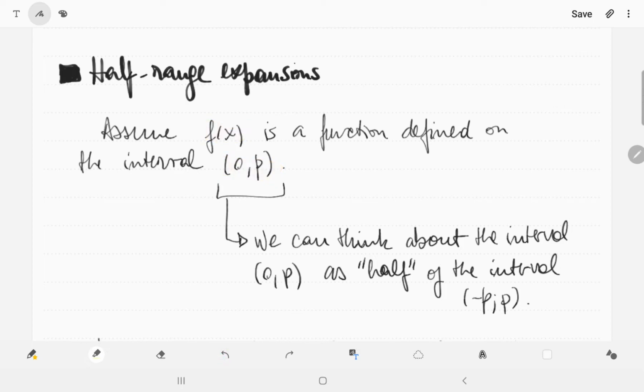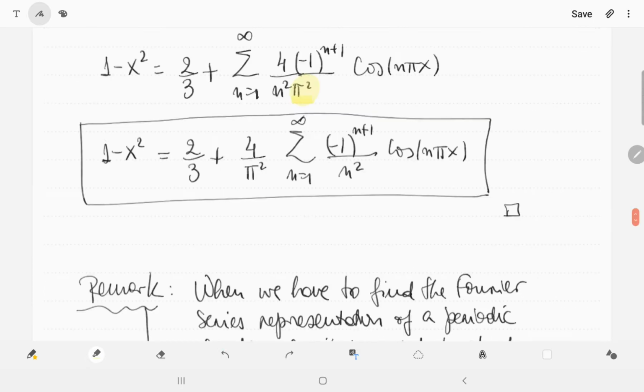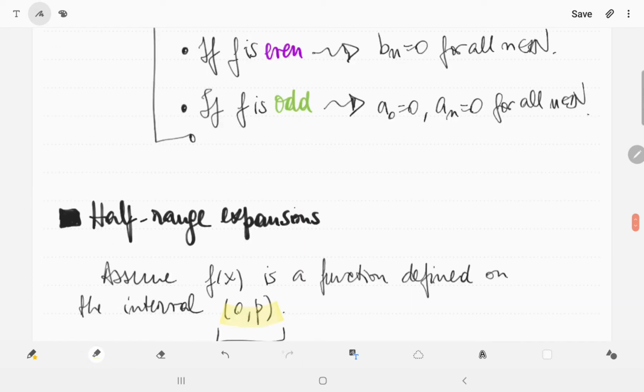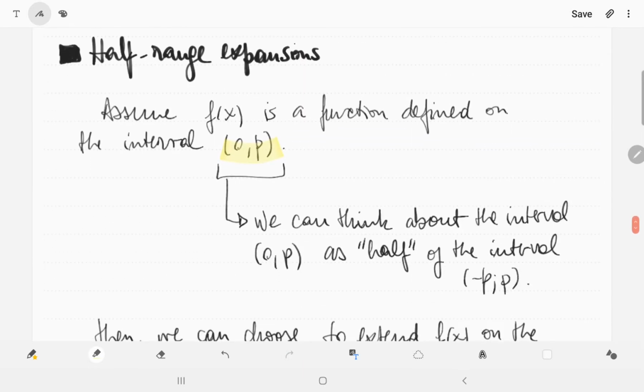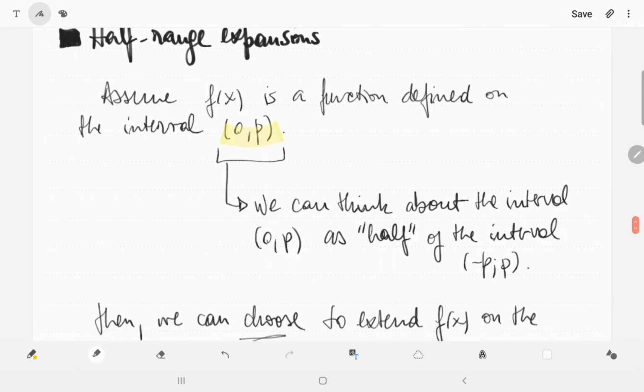So the idea is that given this function in this, let's say, half interval, we can choose how to extend it in the interval (-p, 0) in such a way that we have an even function or an odd function. And in those cases, we just saw in the previous part of the lecture that it's easier to compute the Fourier series representation. Okay,